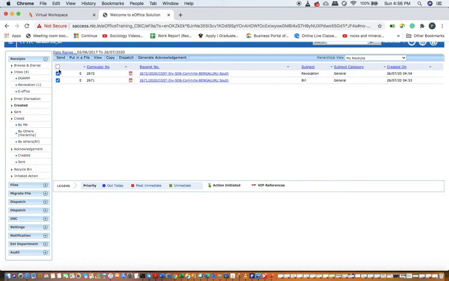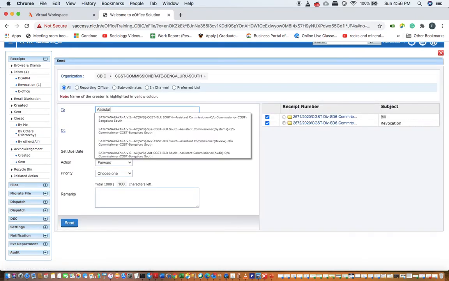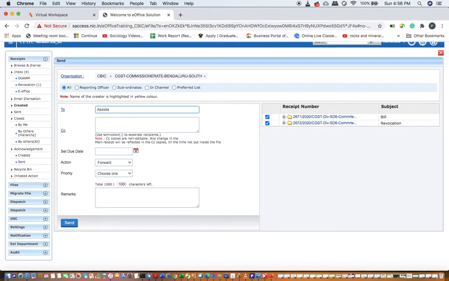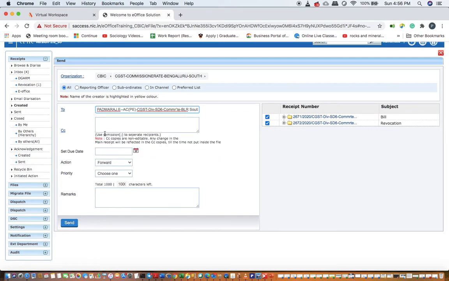Now I'll select both. What I'm going to do, I'll have to send it together to AC. So how can I do it? I have to select both. I'll click on this send. Then I'll select AC's name. So if you receive say 100 letters a day, keep on clicking generate, generate, generate, creating those receipts, then select all at once. If all are to be sent to the same person, select all at once and click on this send. Okay, it has to be sent to Assistant Commissioner Division 6. So I am putting it here for necessary action.